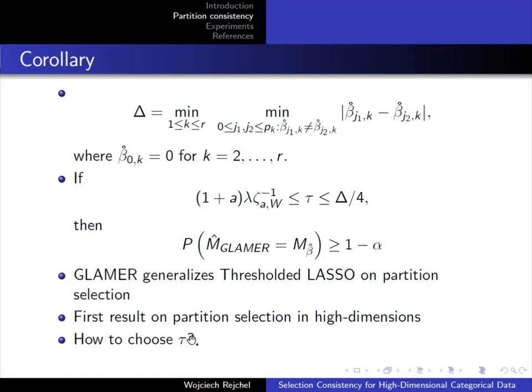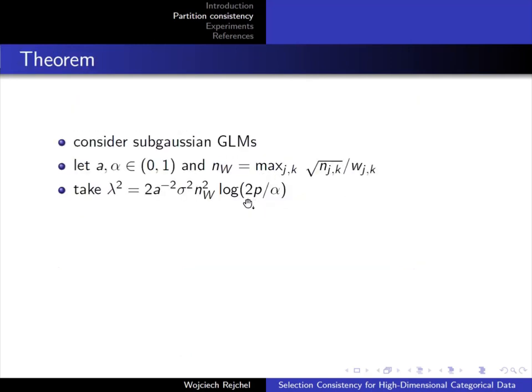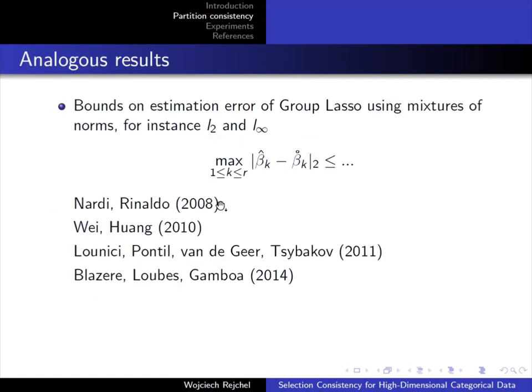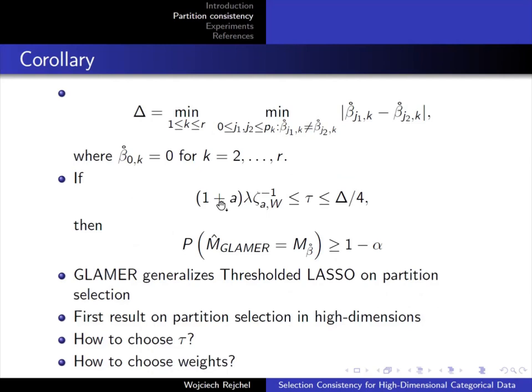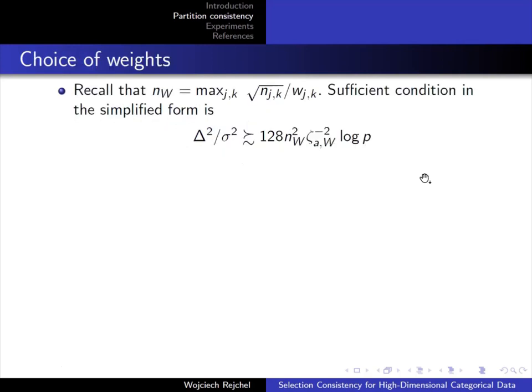So later I will show you how we do it in practice. We do it using some information criteria. And the second point is how to choose weights. If you forget about the threshold in the middle, then it means that your beta mean condition has to be sufficiently large. And here you have some dependence on weights, because psi depends on weights W, but lambda as well depends on this choice of weights. So the second question is how to choose weights, and we tried to answer this question, however, only in some